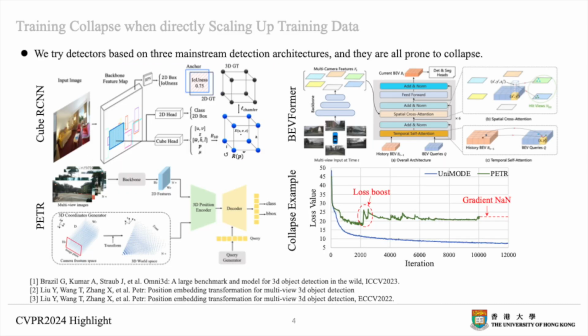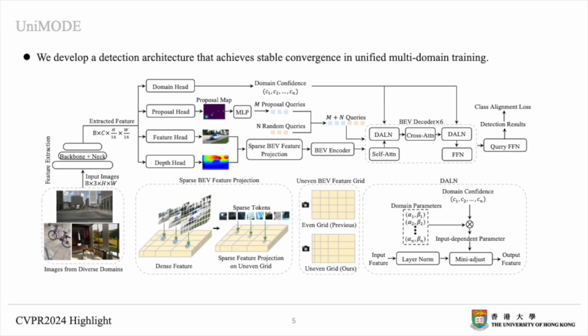In fact, we have tried different popular 3D object detection architectures, including anchor-based, global attention-based, and deformable attention-based. All of them suffer from different kinds of unstable training issues. In this work, we develop a detection architecture that achieves stable convergence in the setting of unifying multiple domains of data for both training and evaluation. The proposed modules in this work include the two-stage detection architecture, an uneven BEV grid, sparse BEV feature projection, and